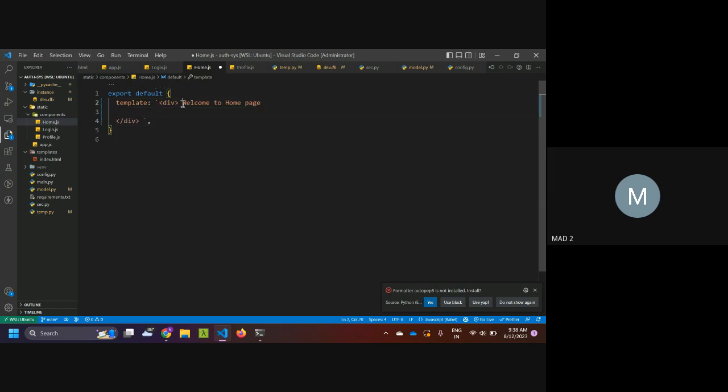I think I'll wrap this link inside. Okay, I'll write the link here. Create an anchor tag, or create a span tag, and then I'll write log out. Then I'll add an event handler on click. On click is equal to